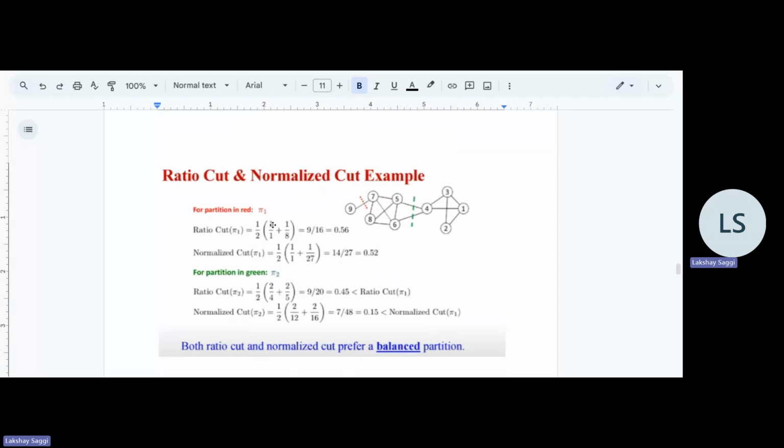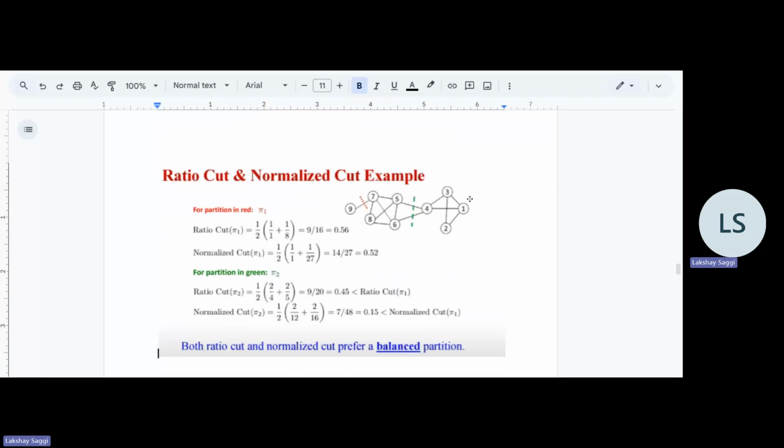Then the size of the cut C1: the number of outgoing edges out of this set, which consists of just vertex 9. There is just one outgoing edge, so it will be 1 divided by the number of vertices in the set, which is just 1. So this will be 1 by 1 plus